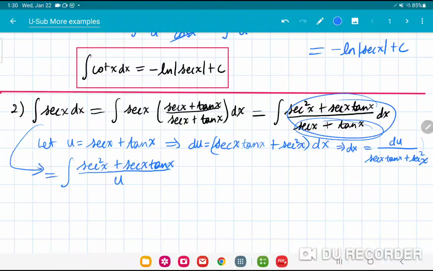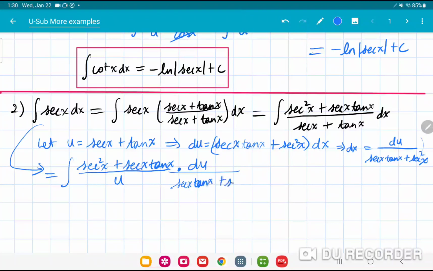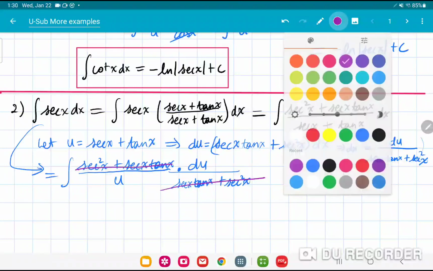Okay, times dx, now is du over sec x tan x plus secant squared x. Now you can see that this expression is the same as that expression. They cancel out, and that gives us